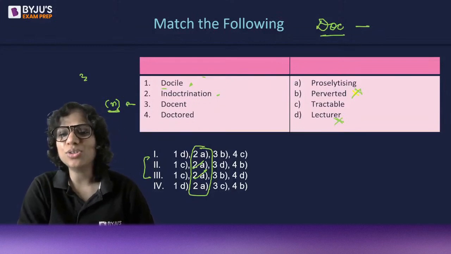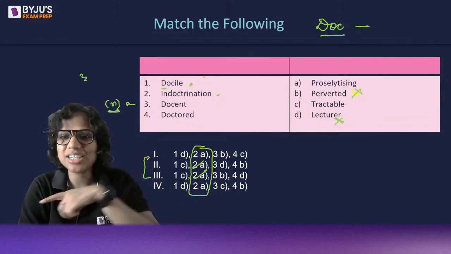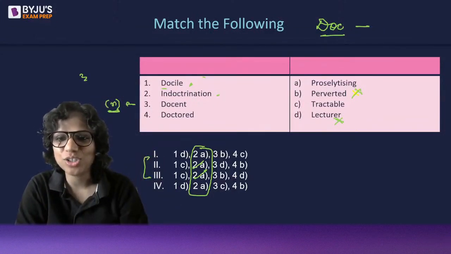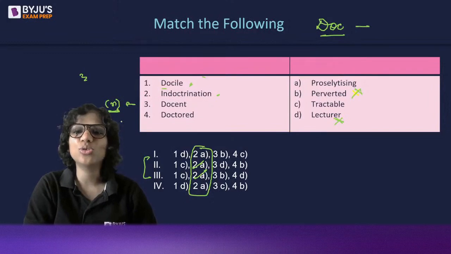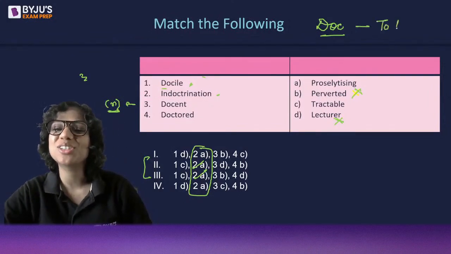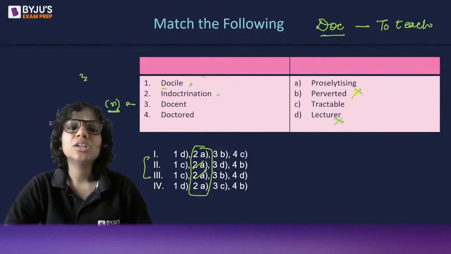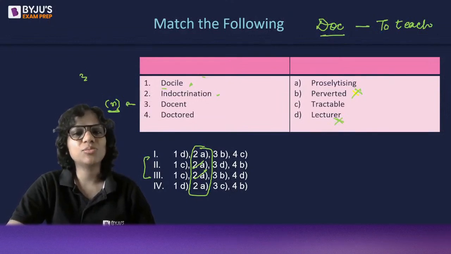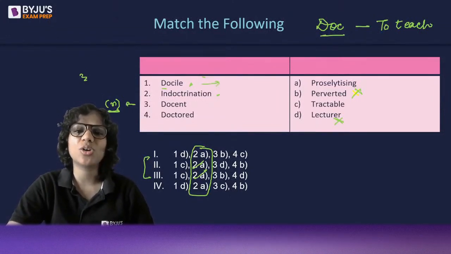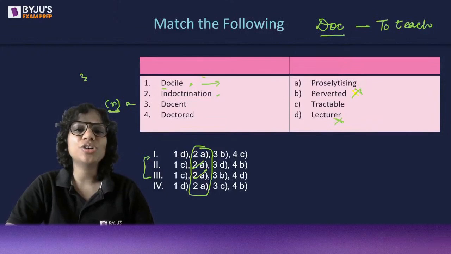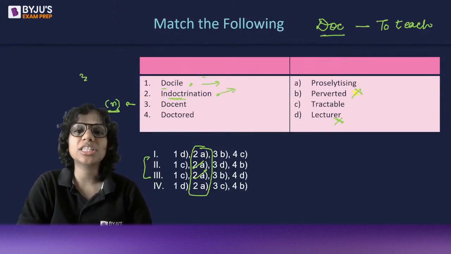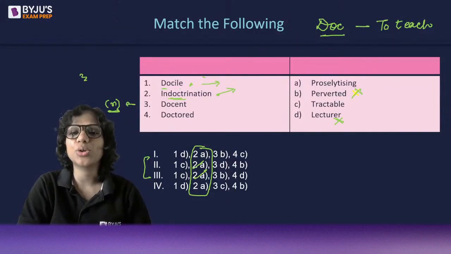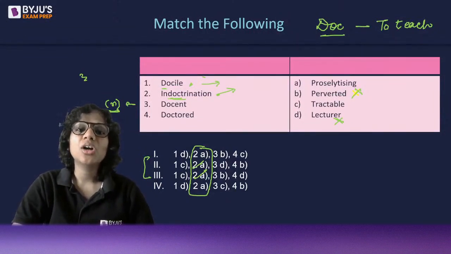Excellent. Those who said 2, Sonali said it the fastest, then followed by Saket, Tarun, Vanshika, Satyam, Anjila. Absolutely correct. आगे समझ सबको. Doc. अच्छा, what is the meaning of this root? It means to teach. So you can easily teach a docile person. बहुत जल्दी से वो सीख लेगा, जो भी आप उसको सिखाओगे एक्सेप्ट भी कर लेगा. Indoctrination, you give religious teachings to someone because you want them to, let's say, convert. You want to fulfill some agenda out of it. It's a negative word.